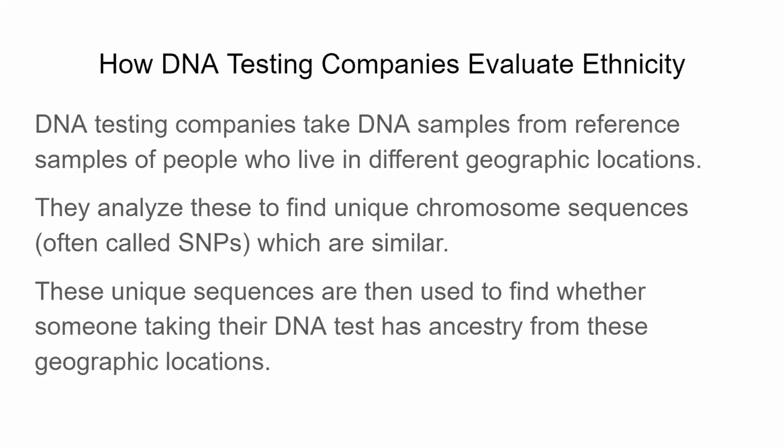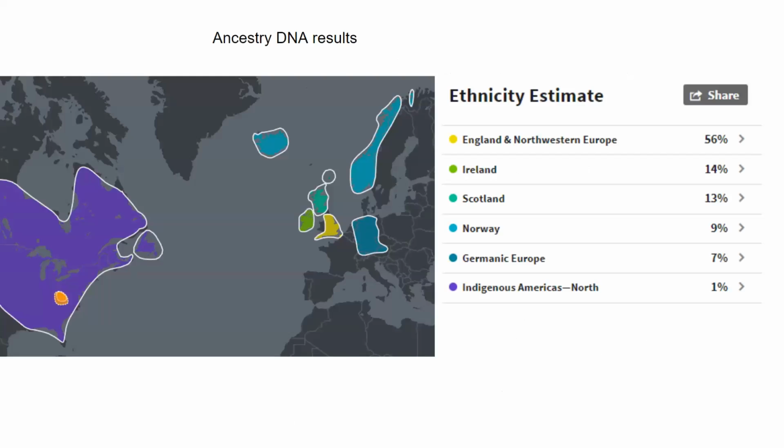So if you say this changes once every generation, and there's a sequence of 10 of them in a row, and we match on all 10, then that's really not likely to be random. So that's how you begin to determine similarities. These unique sequences are then used to find whether someone who took a DNA test has ancestry from these geographic locations. So if we go back here, what they're doing is basically saying, we've taken a large sample of people